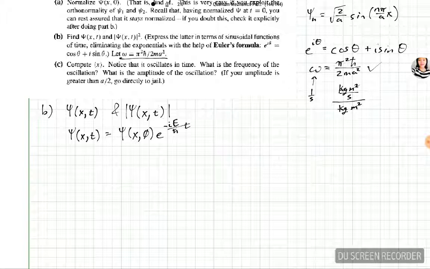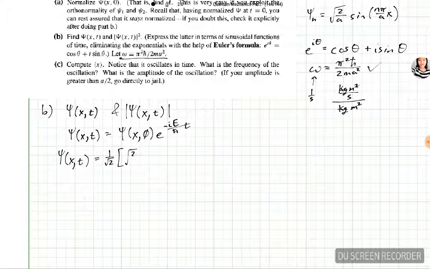Okay, so from our separation of variables result, which we did before, we know that our time-dependent Schrodinger equation solution is equal to our wave function at time equals 0 times an exponential time dependence factor. Okay, now let's go ahead and fill in our psi at x equals 0. So that was a, which is 1 over square root of 2, times stationary state 1,